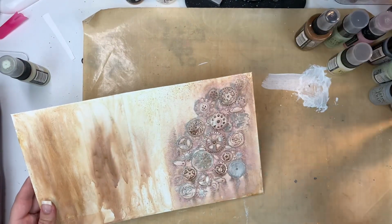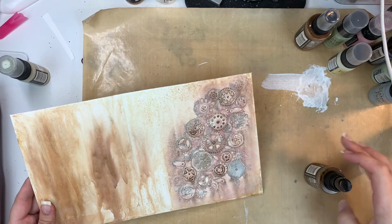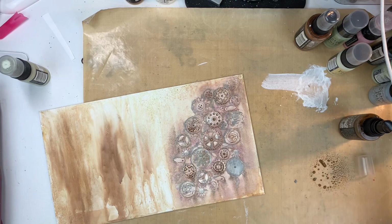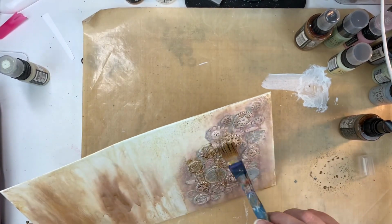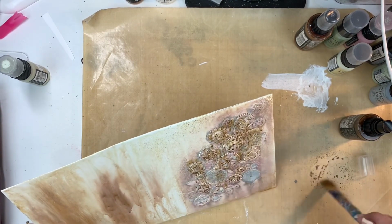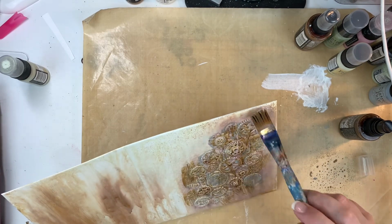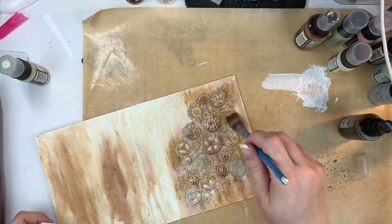And you can see this dried a lot pinker than I was expecting it to. I don't know what exactly happened there, but it was a really nice shade of pink, and then it just got darker, which was interesting. So I want to bring back some of the brown tones. So I have now pulled out Walnut Stain, and I again sprayed a little bit on my craft mat, add a little water, and I'm almost dry brushing this onto some of these areas, just to